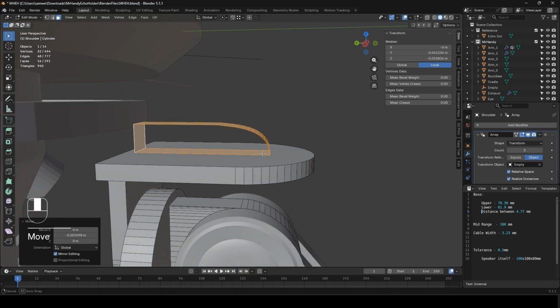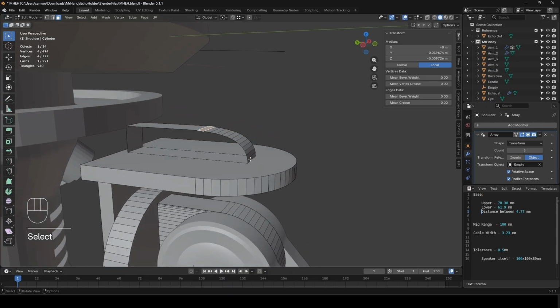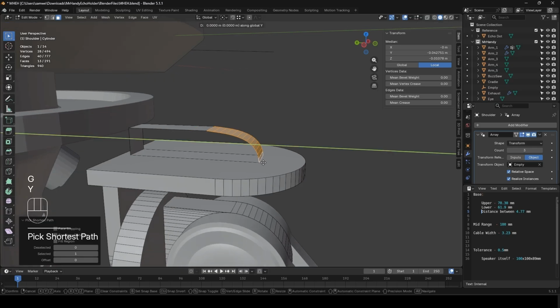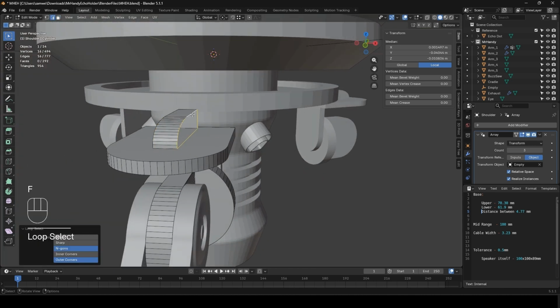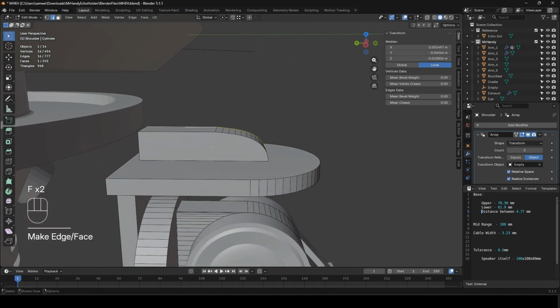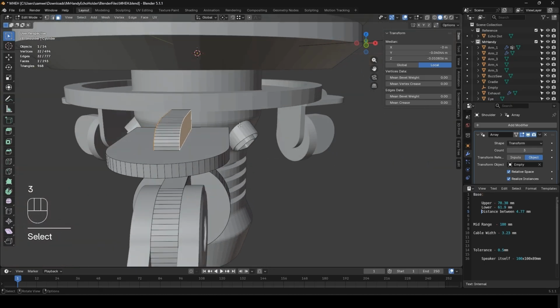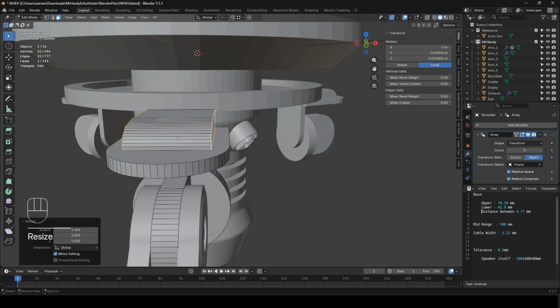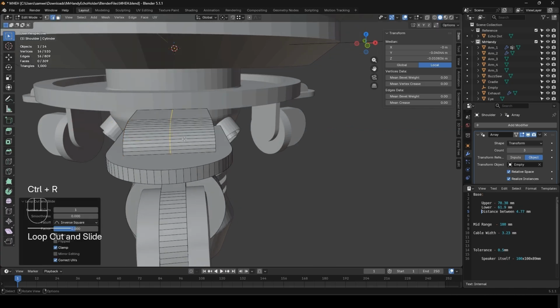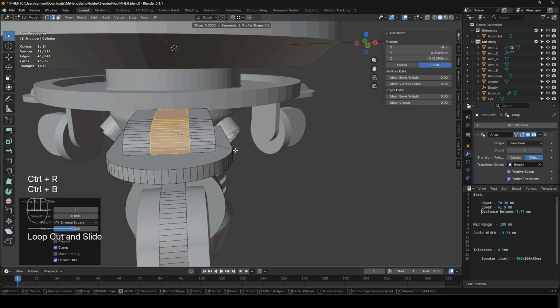Okay, so I believe that this part still looks like it needs to move a bit further back to maybe about there. And then what we can do is loop select this side, face, loop select that side, face, and then select both sides and scale them on the X a little bit so they reach to about there. And then what we want to do is basically make a loop cut there, bevel this,